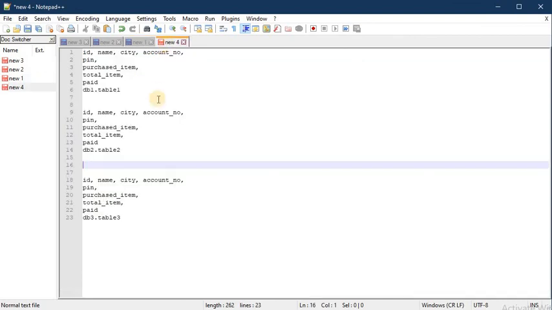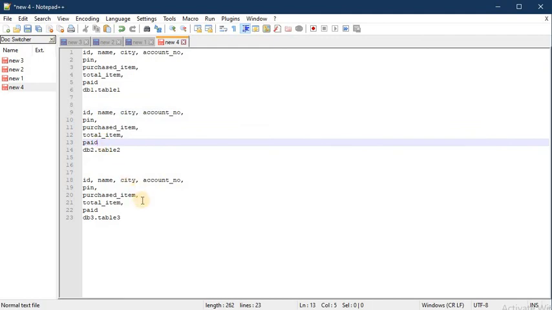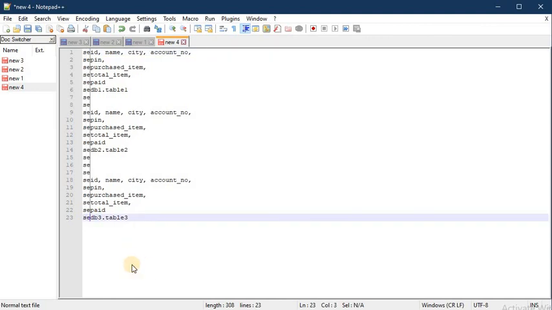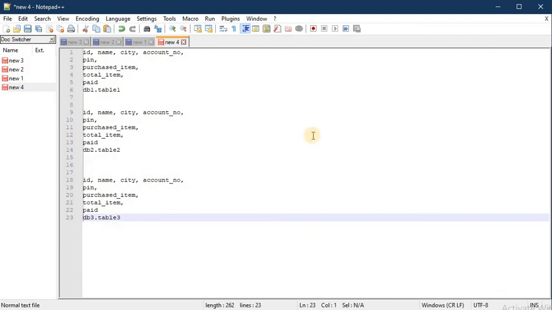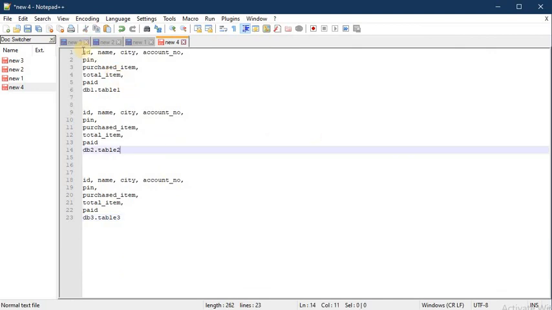Now coming to our third trick. In this example we have to insert the select statement and from, but we can't do this with vertical selection. If I type select here, it will insert select in all the rows, but we want select only at the beginning of each row and from before the table name, right?